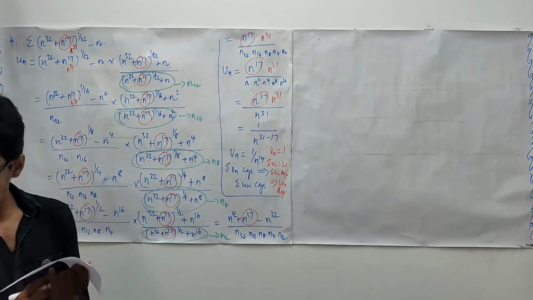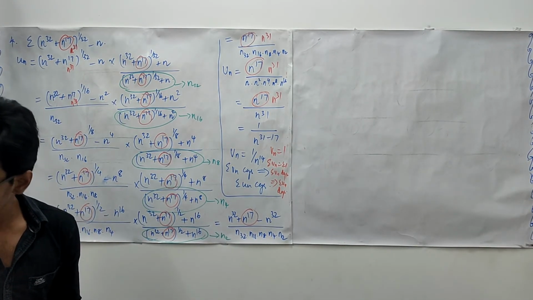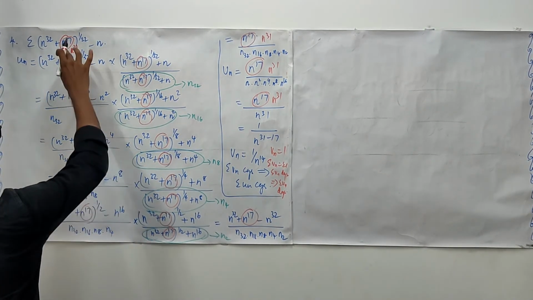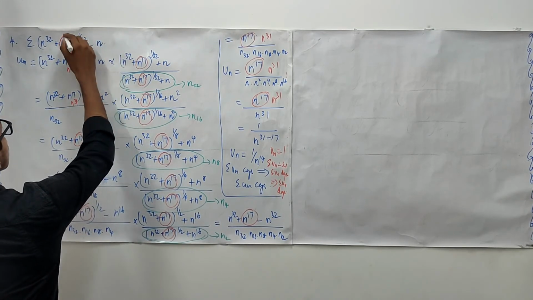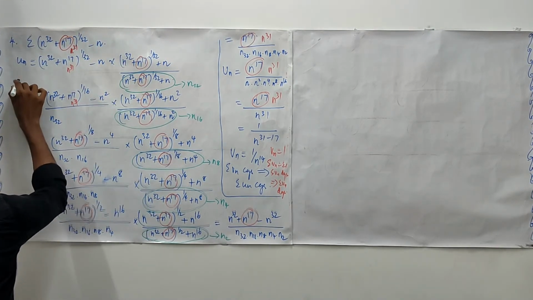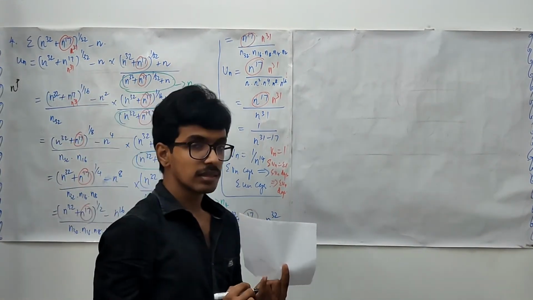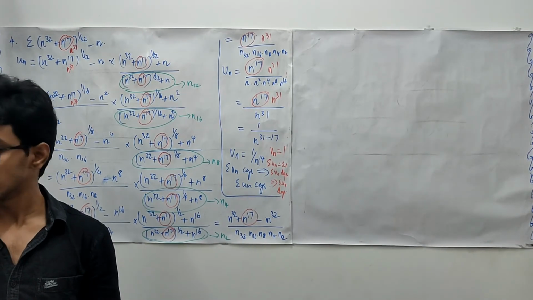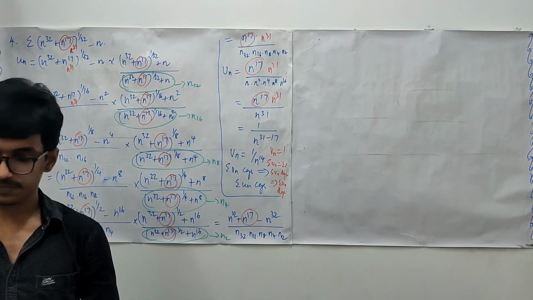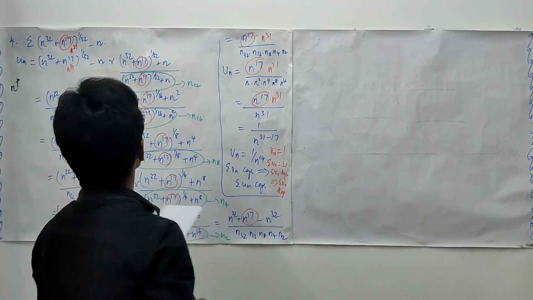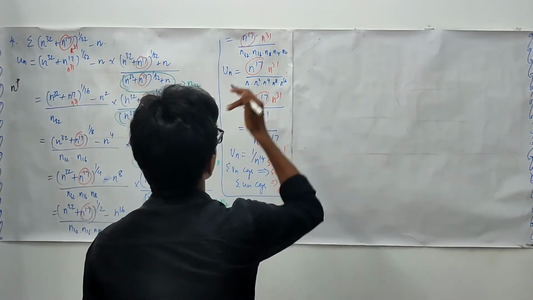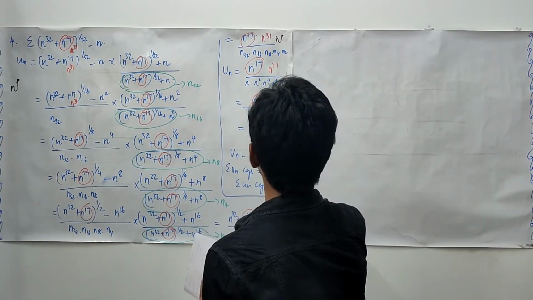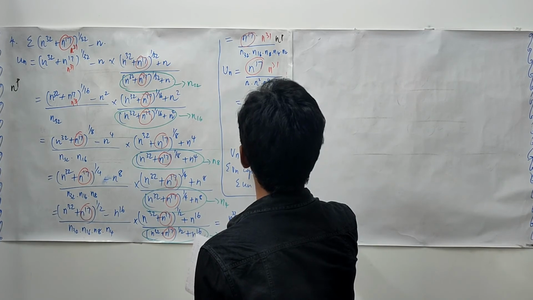Okay. Supposing in this problem, instead of specifying n power 17 or n power 31, it is specified simply n power p. Then the question is, for what value of p is the given series convergent? This may be the question. How are we going to do it? So when we proceed this way, we will have n power p here, right? So in this calculation, we will have n power 31 minus p.